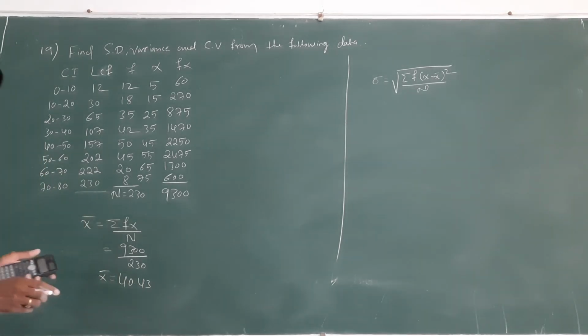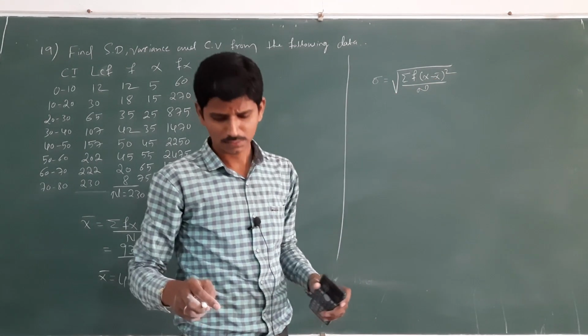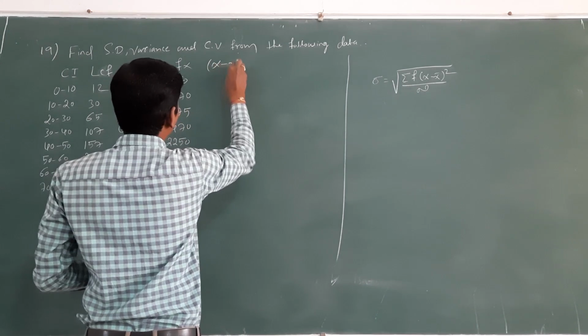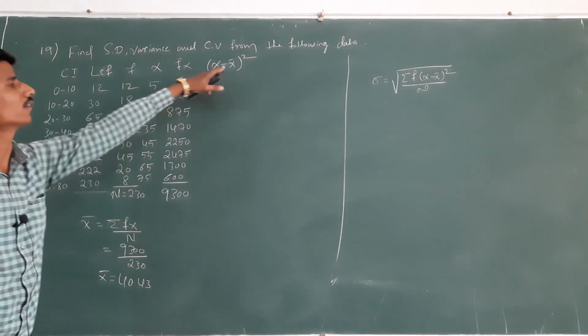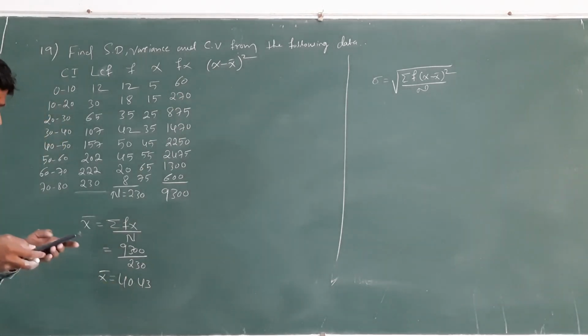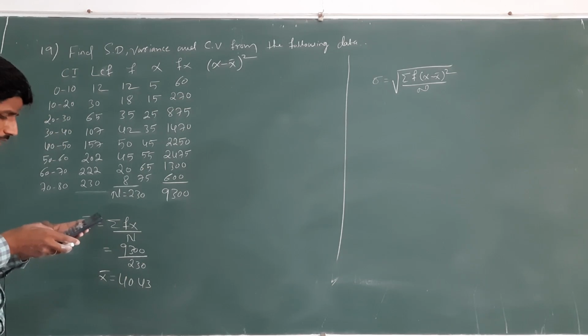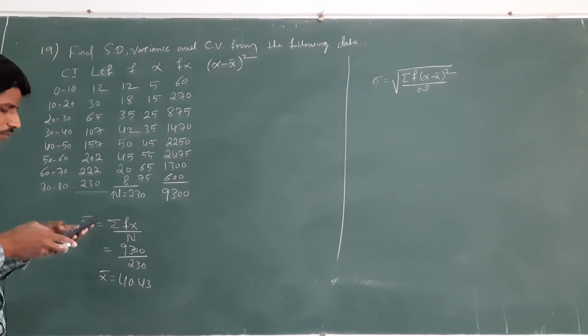Okay, the next step is what? We want x minus x bar at whole square. Okay, x is equal to 5. The x bar value is constant, that is 40.43 every time. Here the x value is 5. 5 minus 40.43 is minus 35.43. Its square is